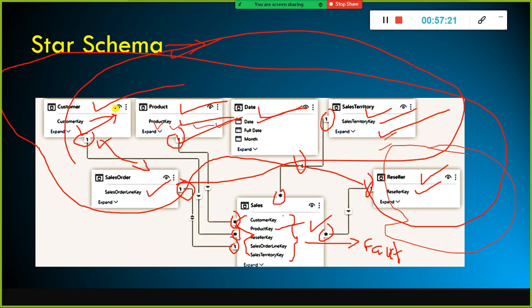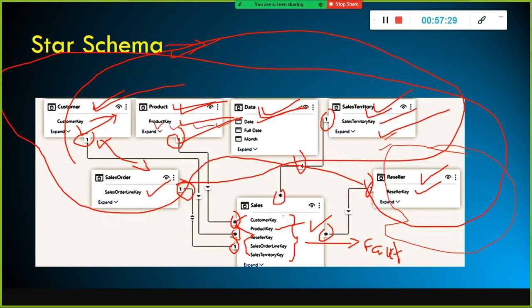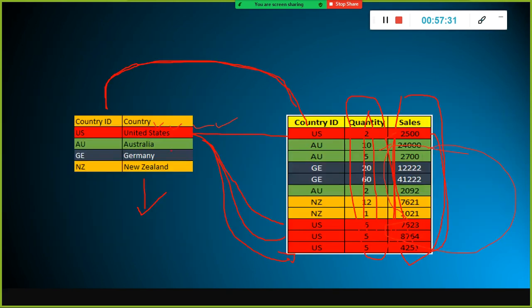Now, each dimension table will have only one record for each item. Like I showed you here in the case of customer, look here, country. In the country table, for each country you will have only one record.